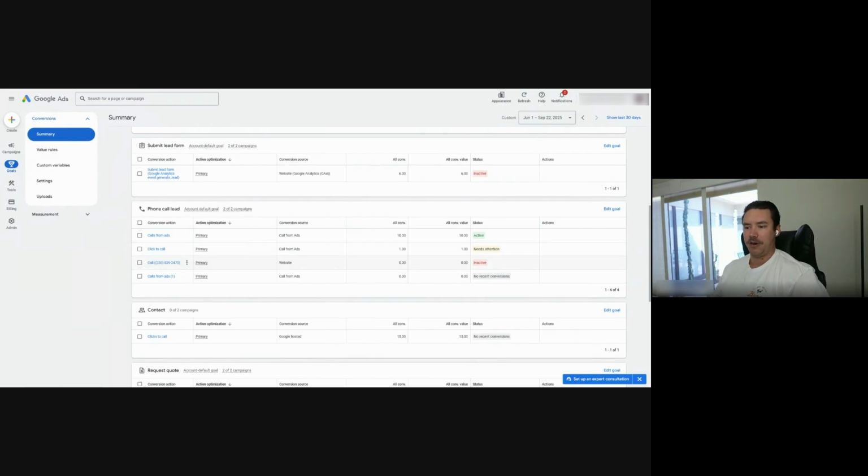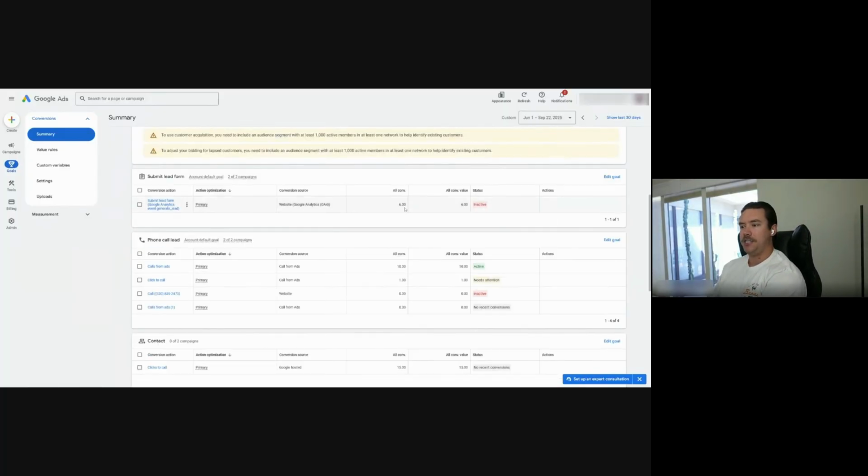I guess for this one right here, the website call from ads. If you really want to track phone calls from your ads, I would recommend getting something called CallRail. It's really easy to set up, and it basically uses a number that it swaps. So it shows a tracking number or a forwarding number or a masking number when someone has visited your site from Google Ads, so then it can actually track the full call. Because with this, if someone clicks on the call button, they could click it multiple times. It could be on a computer. So it's not going to be as accurate. So just keep that in mind.